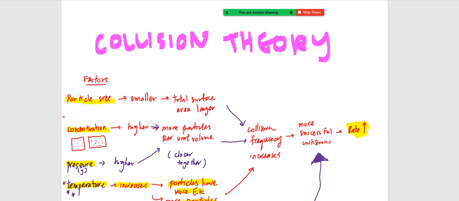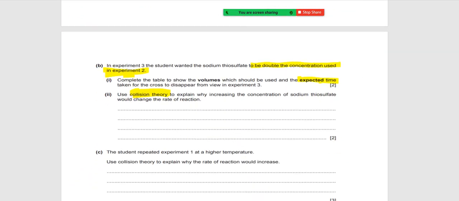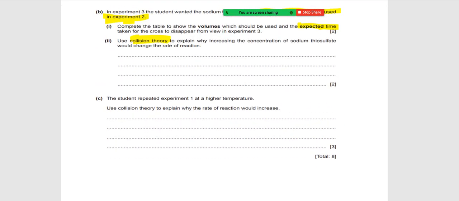Okay? This is called collision theory. Alright, so why the particles colliding more often, everything. So the question says, use collision theory to explain why increasing the concentration of sodium thiosulfate would change the rate of reaction. Okay, so